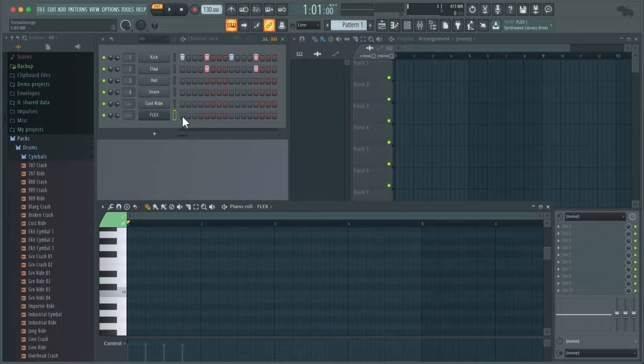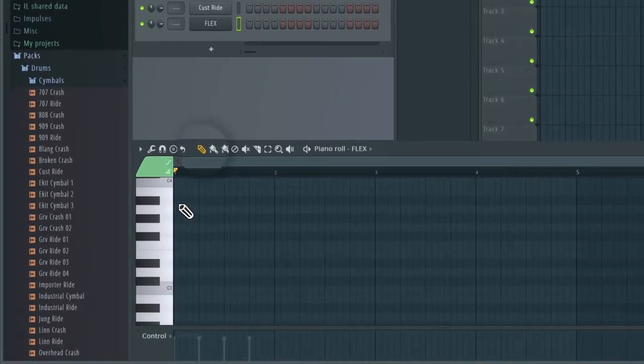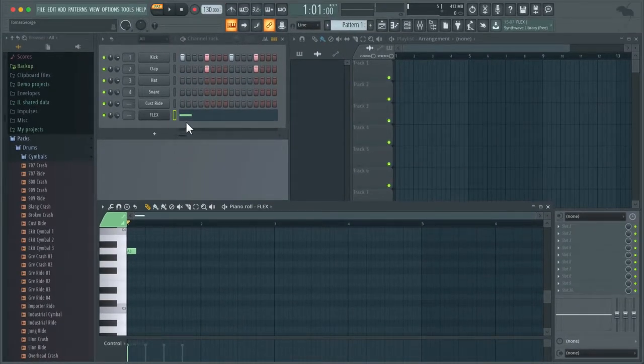As you can see though, this channel is still in sequencer mode. So what you need to do is just draw in one MIDI note into the piano roll. So to do so, go over to the pencil icon, which is the first tool in the piano roll, and then just click somewhere in the piano roll to add a note. Okay, and as you can see, when I inserted that note into the piano roll, it's actually changed the interface